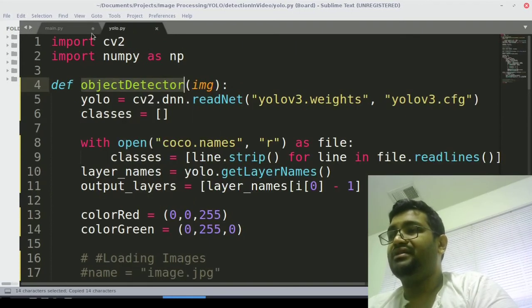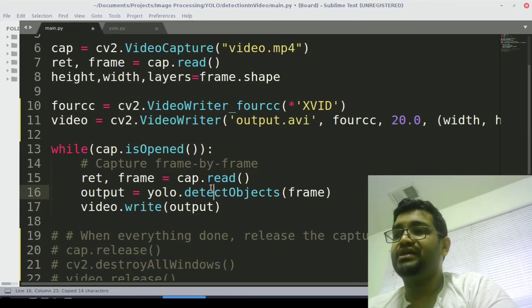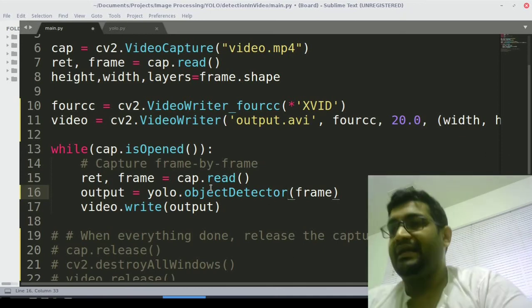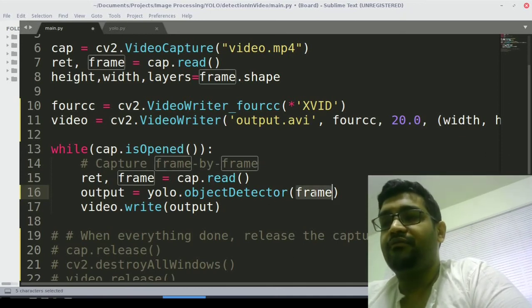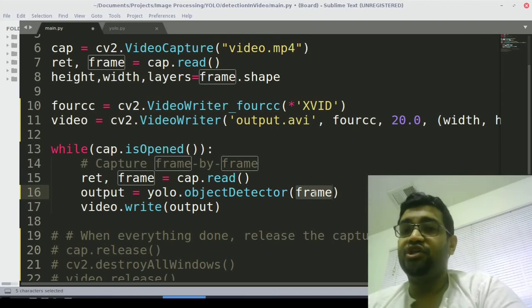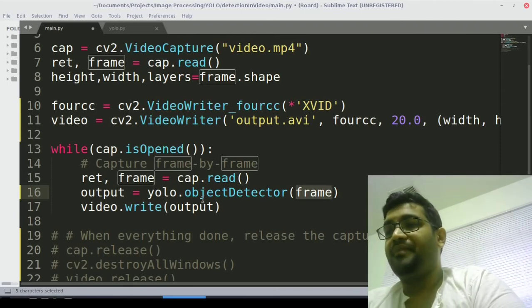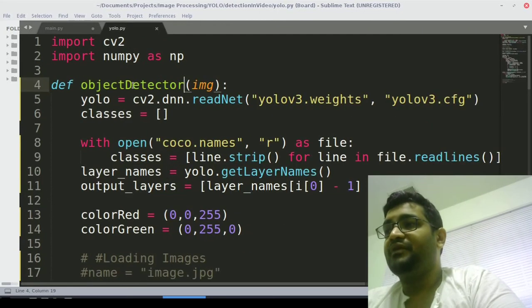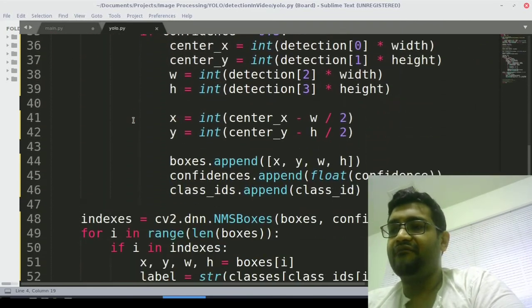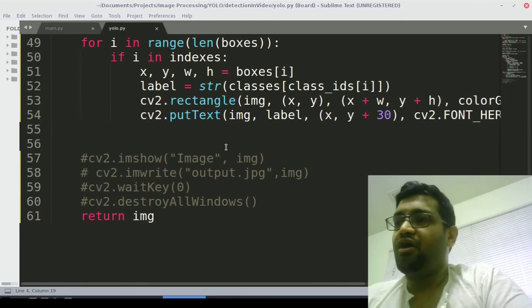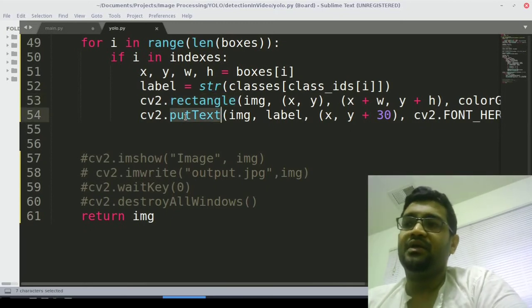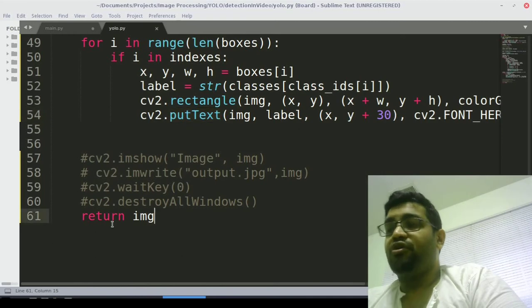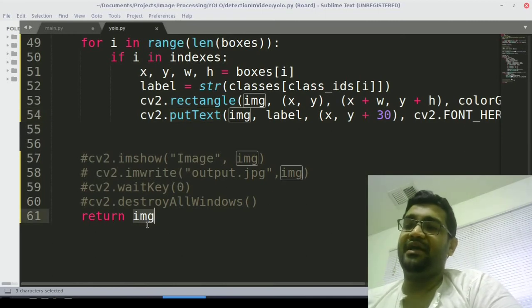I'm going to copy this, and I'm going to change this function here because now the function name is object detector, and object detector is going to pass this frame, our original frame from the video file, to this YOLO object detector function in our YOLO.py file, which is this. Once all the object detector code is run and every object is detected, the rectangles are drawn and the text is written on it, it's going to return the img, the processed